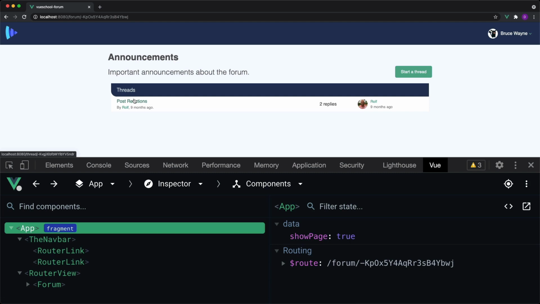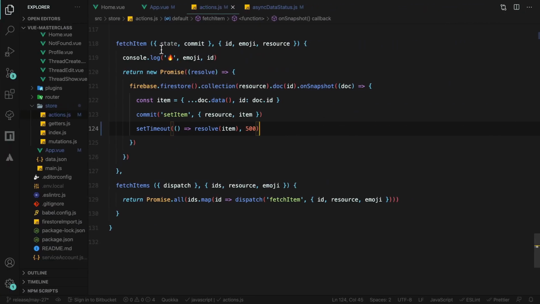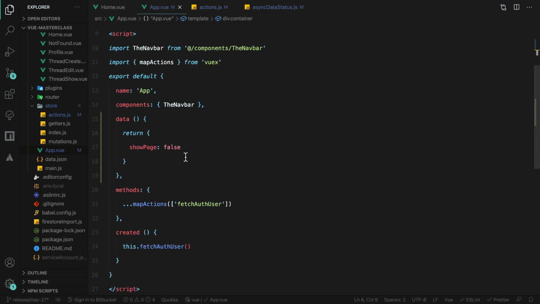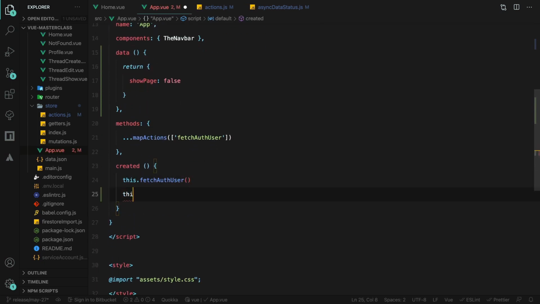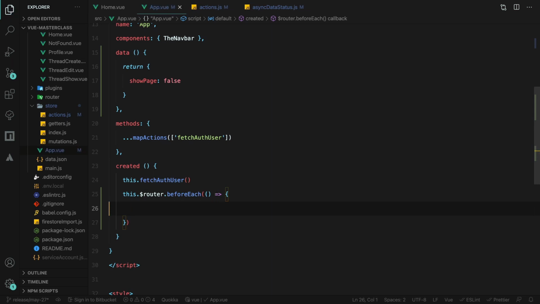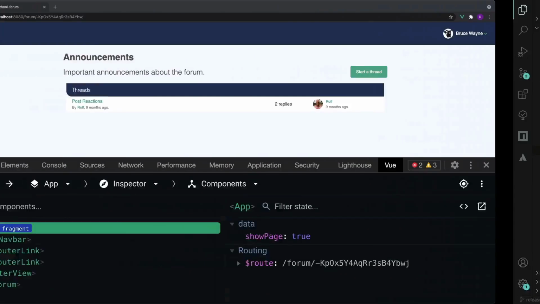To run code before navigating to another page, we can take advantage of Vue Router's beforeEach method. Inside App.vue, in the created hook, we can access the router under this.$router. So here we can call beforeEach and pass in a callback. Inside the callback, we want to set showPage to false. If we check back in the browser,